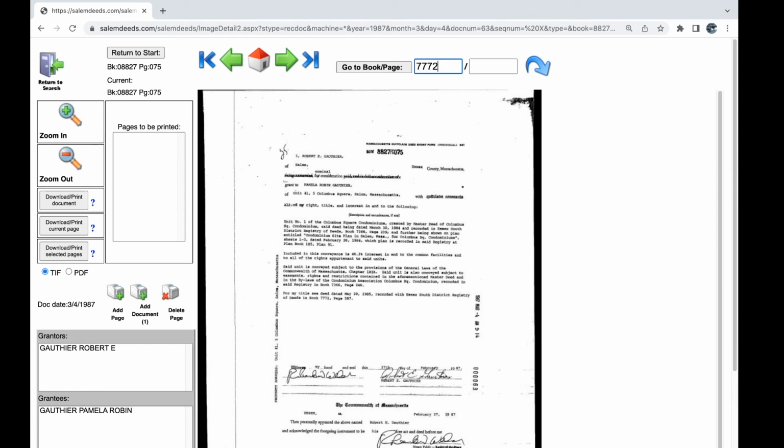Please note this deed cites an additional plan for you to view using the same process as viewed previously in this video. On the deed at 7772-587, we learned that the next previous deed is located at 7595-536. This deed leads us to the next previous deed at